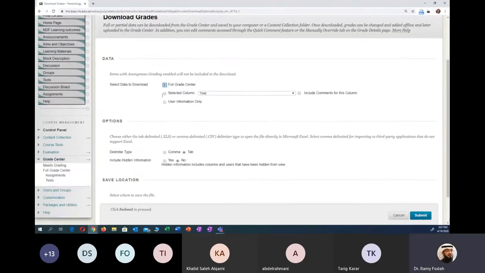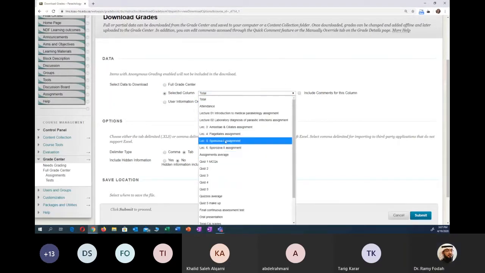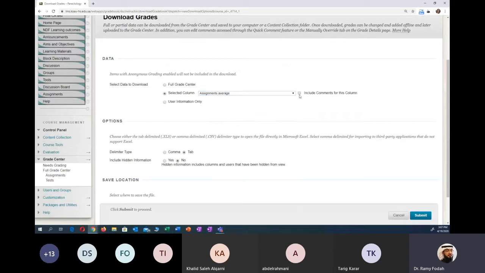Okay, it's going to say full grading center, or you can also select the columns manually. So you can just release the result for a selected column, one column, or for the full grade center. Basically what I did for the parasitology, I did full grade center, but as I mentioned before, coming here, you